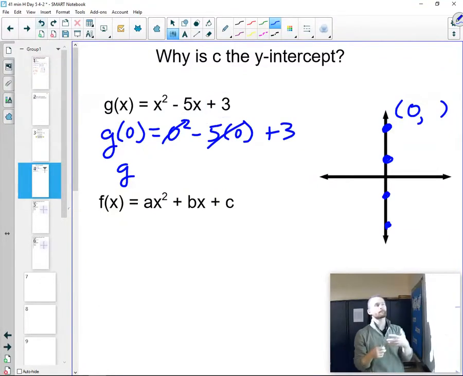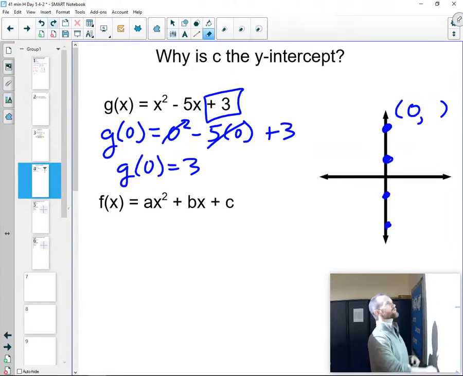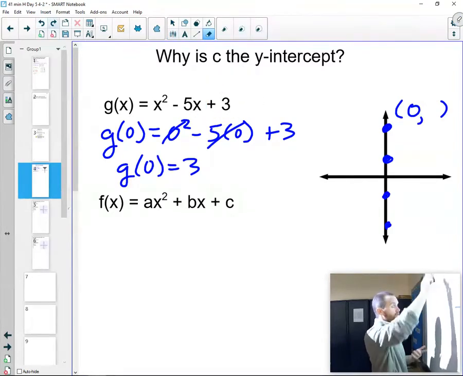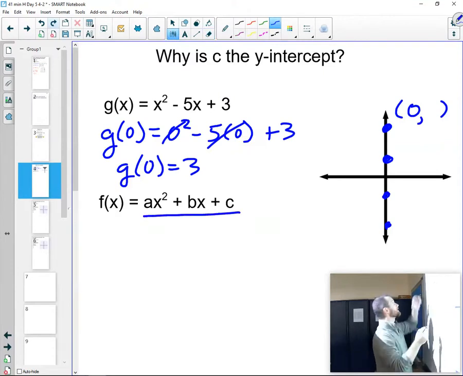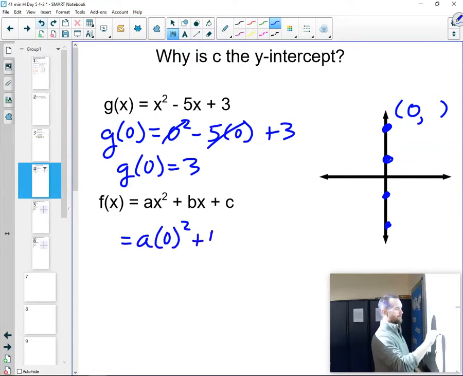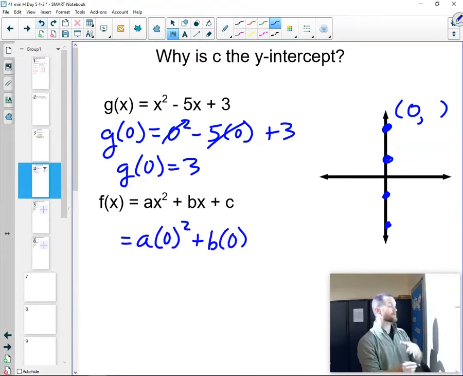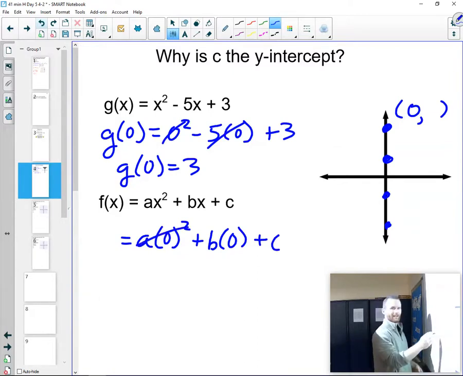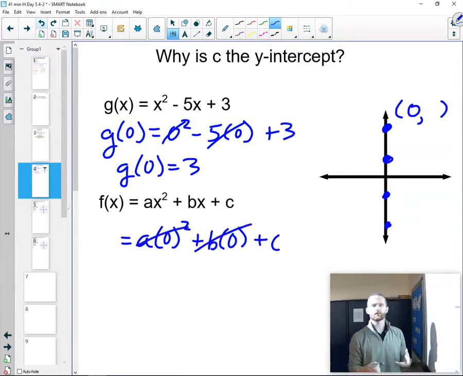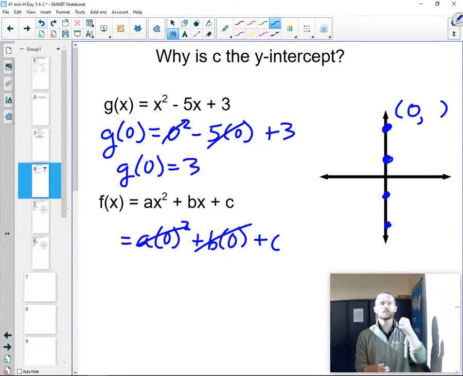We can also do the same thing in the formula for standard form, ax squared plus bx plus c right here. We can just take 0 and plug it in. So it becomes a times 0 squared plus b times 0 plus c. And again, that goes away, and we're just left with c. So the reason that c is the y-intercept is because we're not multiplying it with x. c is the only one in standard form that's not being multiplied by x. So when we plug in 0 for x, all the other terms disappear and we're left with our c value,